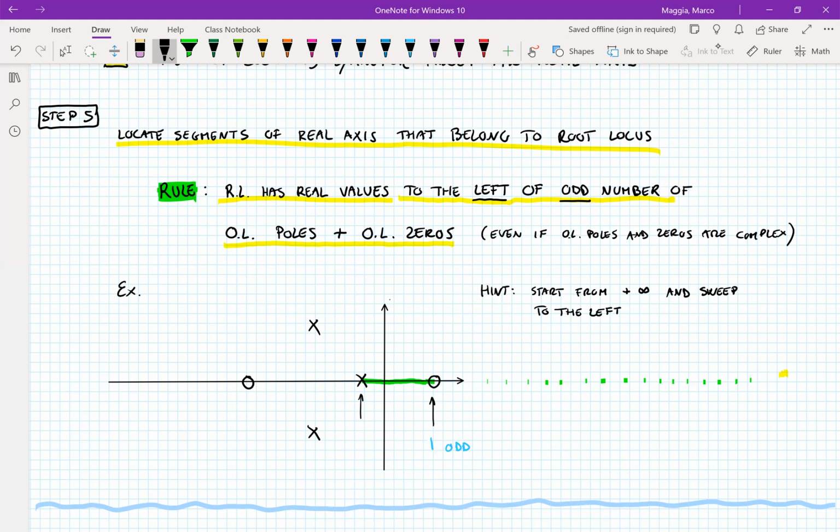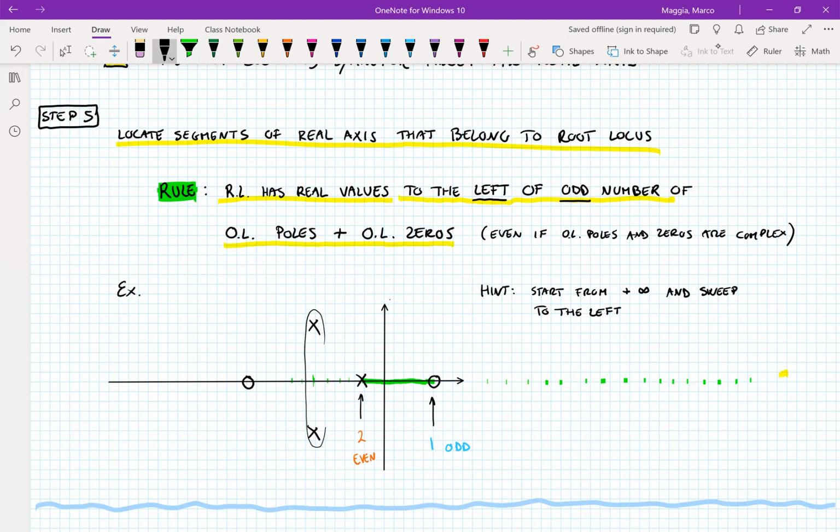It's 2, because we have the open loop zero plus the open loop pole. 2 is even. So now whatever it is to the left of it on the real axis does not belong to the root locus. So I'm not going to highlight it. I'm just going to mark it like this, so you see that I'm still going from the right to the left. Well, actually, I should stop here because we have